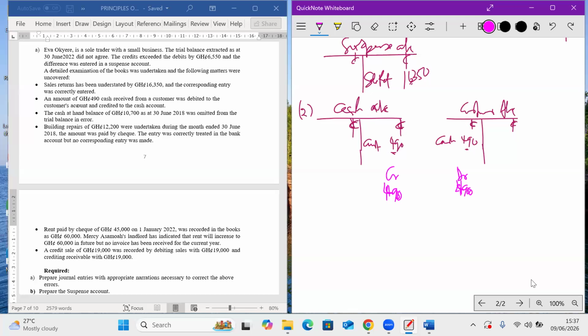Don't look at whether there are errors. The errors, there are two. One affects the agreement, the other does not affect it. How do you know whether they affect or not? One, you have to check: was there a complete double entry? Was there a debit and a corresponding credit, no matter which accounts they are? There was. Was the amount involved the same? If they are the same, then it's an error, but it doesn't affect the agreement of the trial